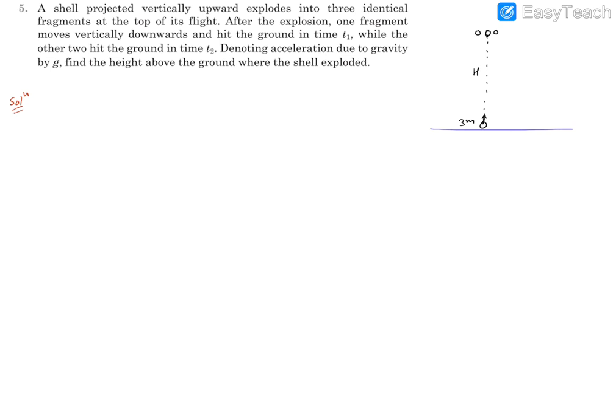One particle moves downwards. So one will have this velocity, let's say this is v1 velocity in the downward direction, and it is going to take t1 time to return back. So this will follow the same straight line path, and it will come back in t1 time. And there are 2 particles which are going to move in some other manner.